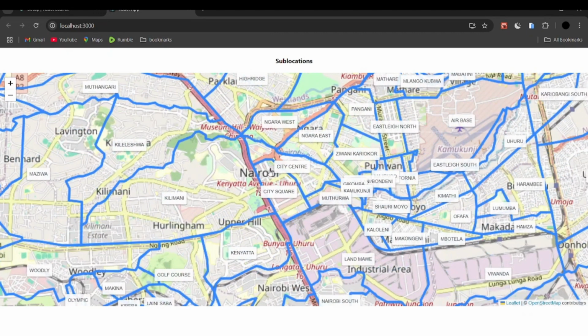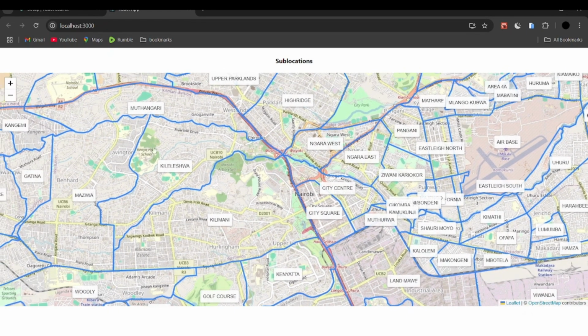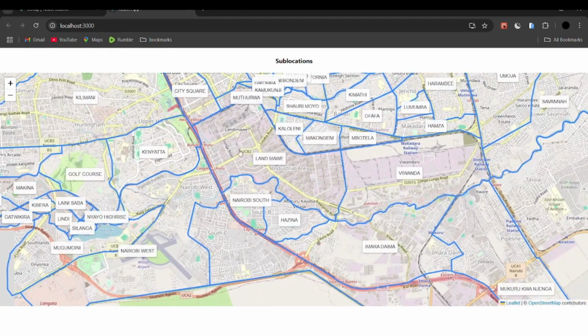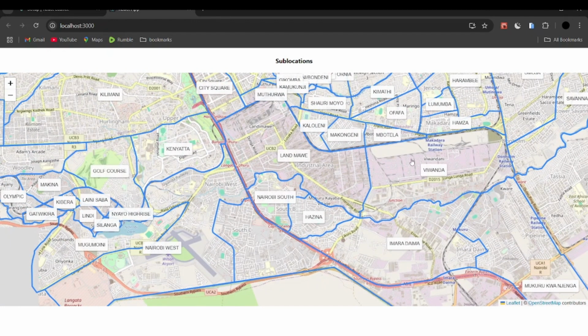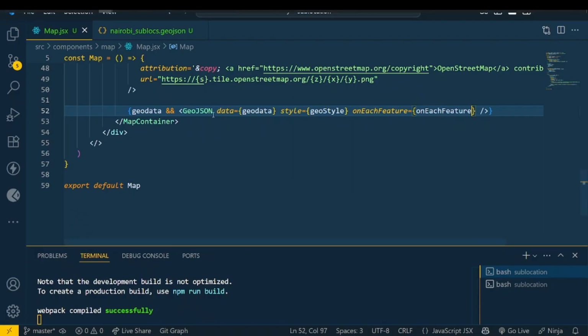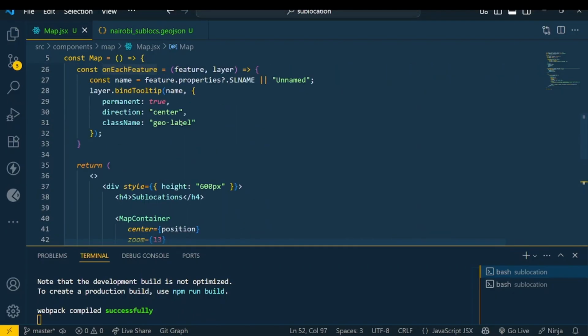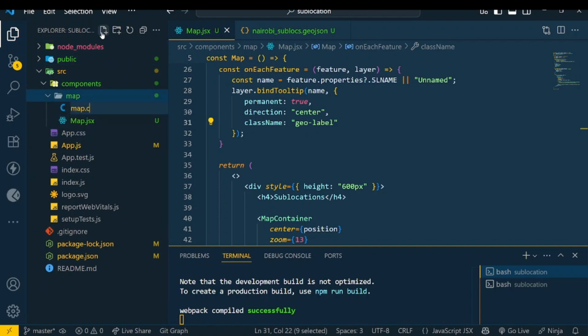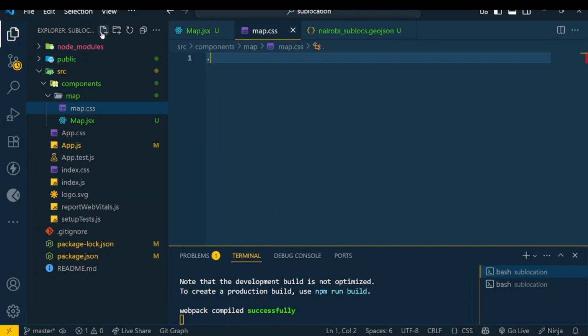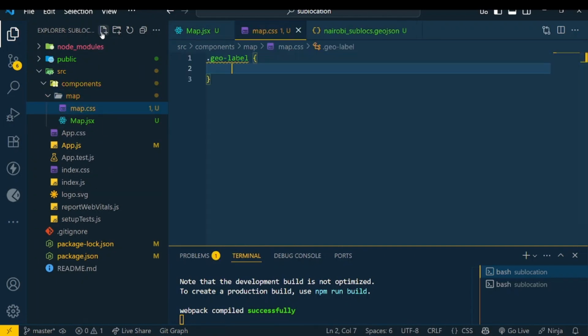Then I save, go back to the map and refresh. Then we can see the names are there with this small background which is white, and it has our name. Okay, but now we have to remove this. That is why I provided the class name, which means we can go ahead and style this class name inside our map.css. Okay, so we are going to create a new file here inside our components and a map folder. So here I can say map.css, then I say class geo-label,